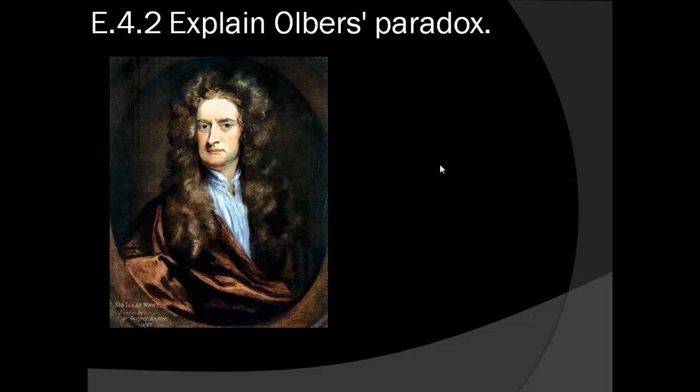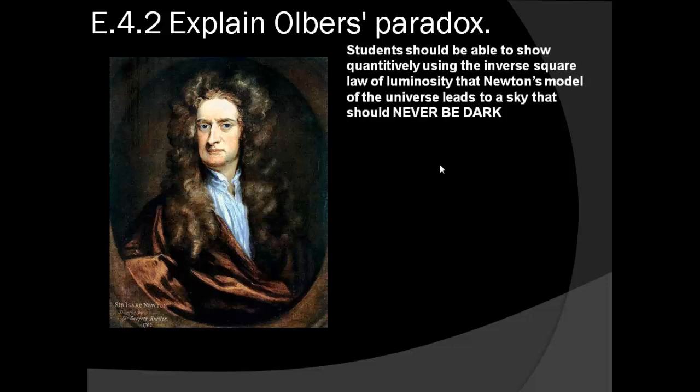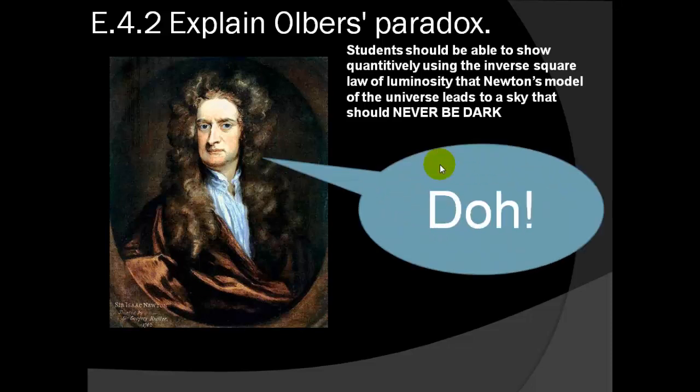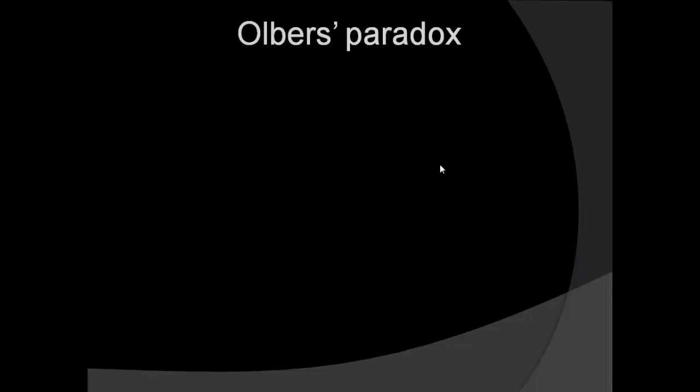He believed that it's uniform, which it isn't. He believed that it's static, which it isn't. And he believed that there's an infinite number of stars there, which there are not. If these three conditions are satisfied, then the universe would be infinitely bright, which it is not. And we have to use the inverse square law to be able to prove this. So Newton basically made a mistake. He made this assumption, and if you follow the argument in his assumption, the night sky should be bright, and it obviously is not. So this is a silly mistake on his part.